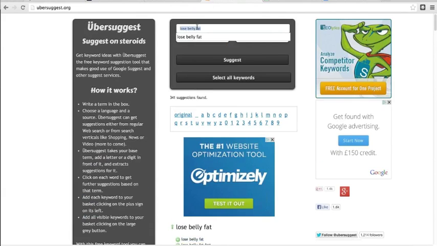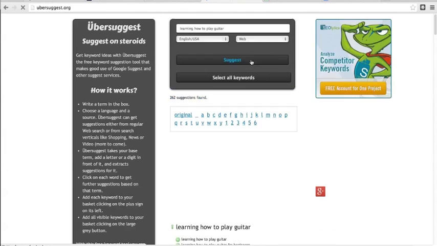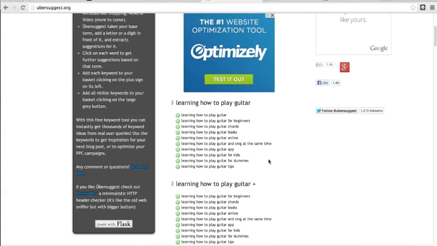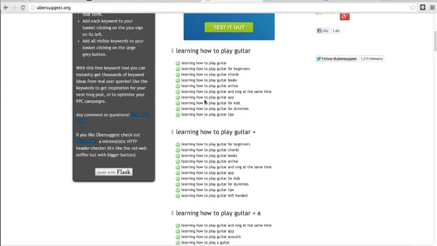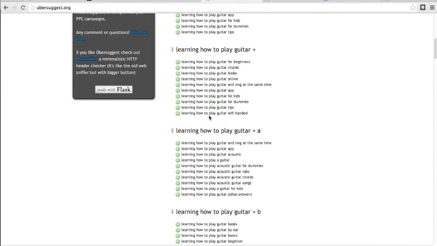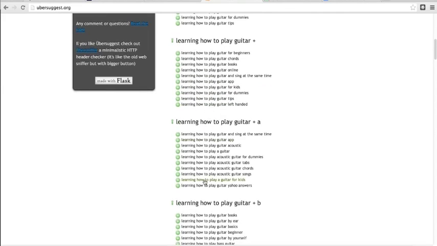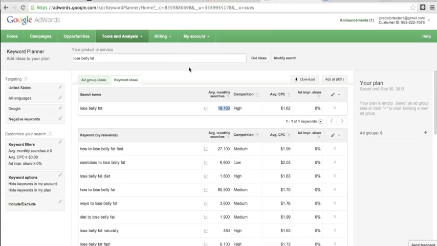Okay, so let's go back to the keyword tool and let's search for some keywords. Let's put in learning how to play guitar. And let's see what they suggest in this Uber Suggest. Okay, so here's my common protocol. If we go for learning how to play guitar for kids, and if I hit get ideas,